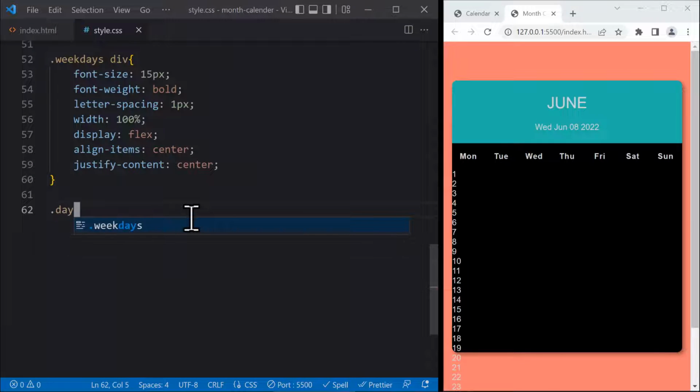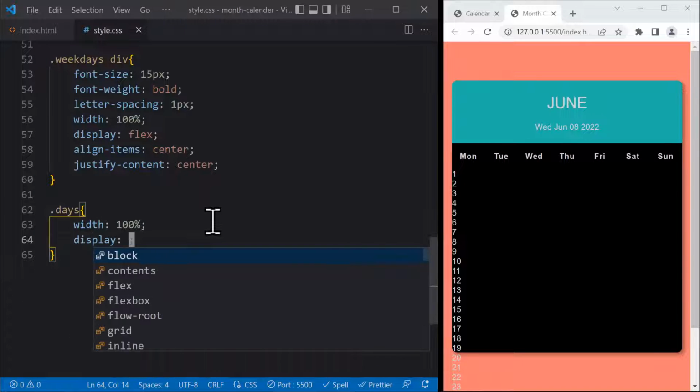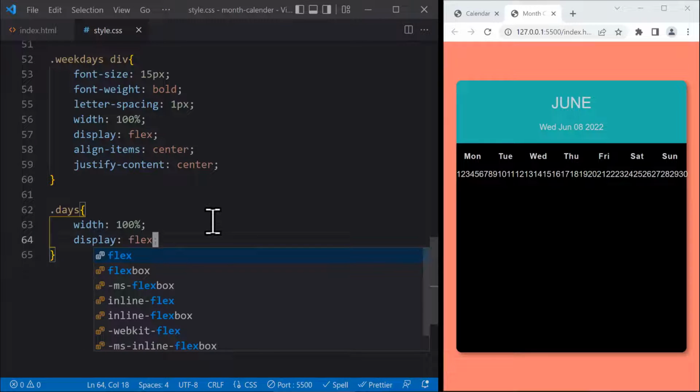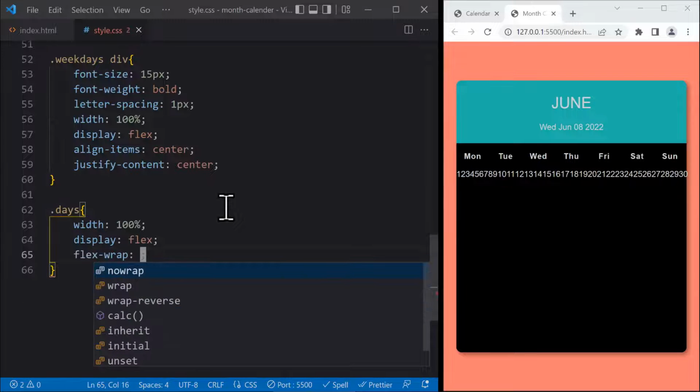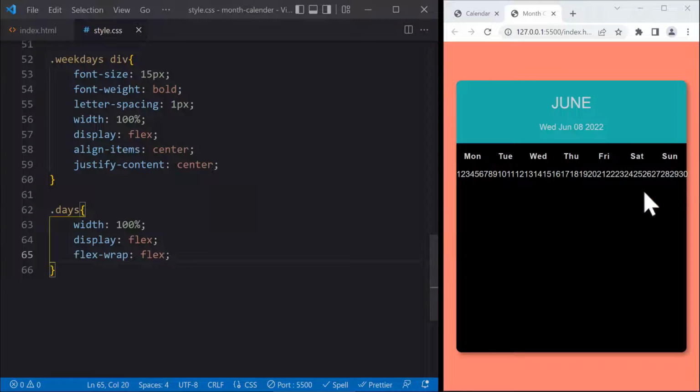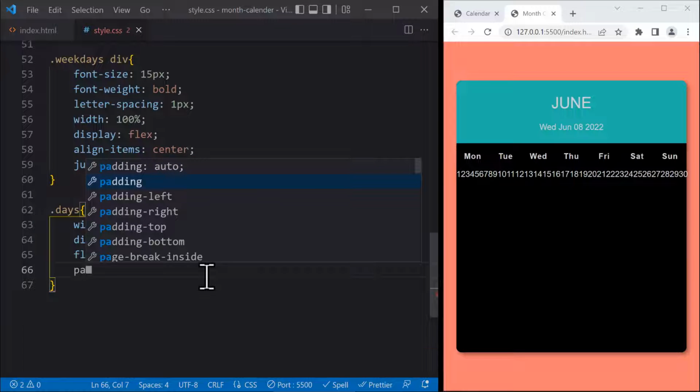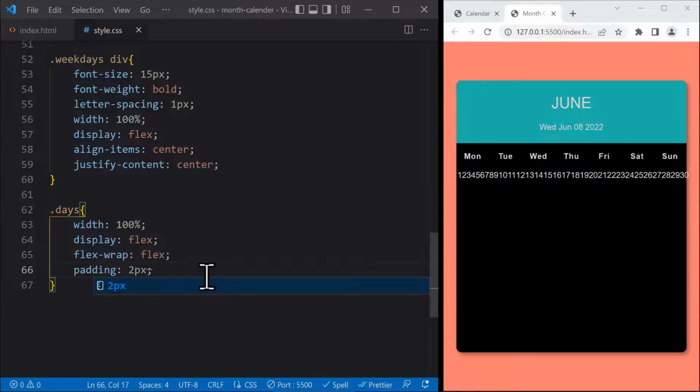So firstly, we target the days that is covering everything. We set the width to be 100%, display to flex to bring everything next to each other. But I want them to go to the next line as well. So we set the flex wrap to be wrap. In this case, when we have an overflow of these items, they should go to the next line. But now they are next to each other because we have a space. So we can just add some padding as well. So padding should be 2 pixels. Then